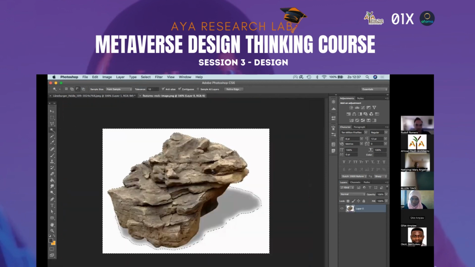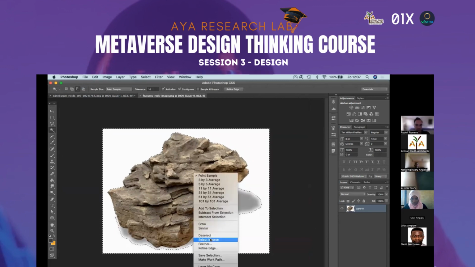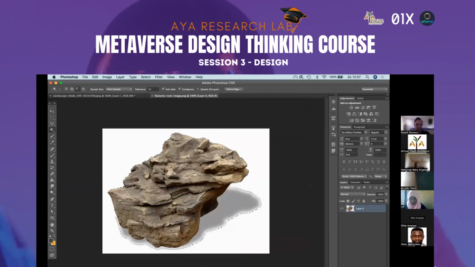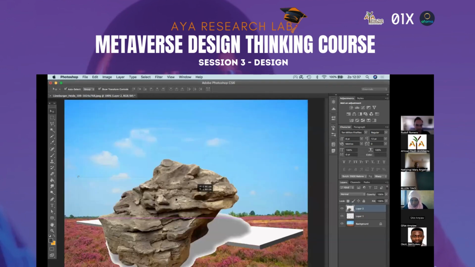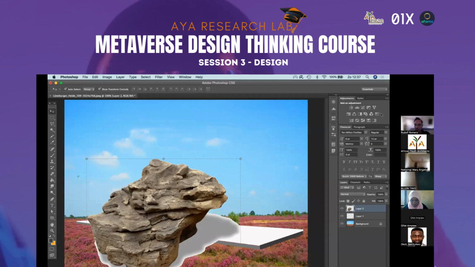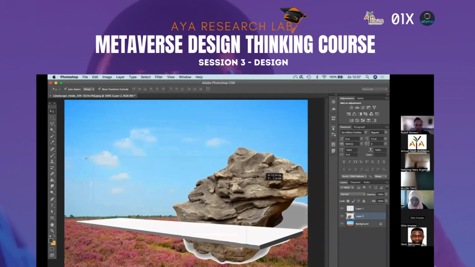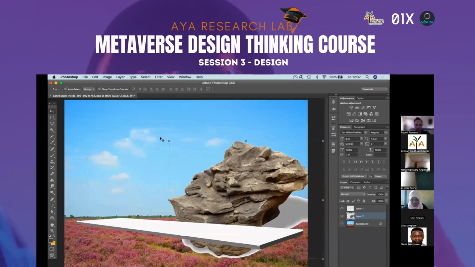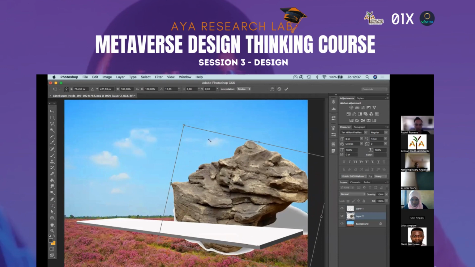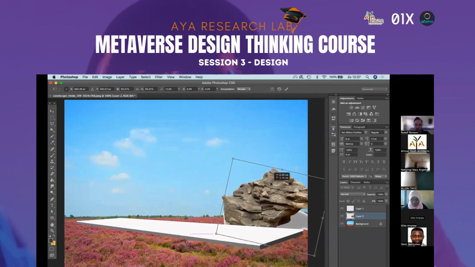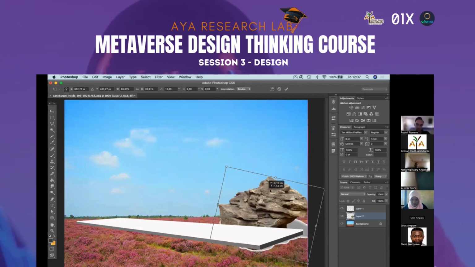And I just want to select inverse, and I put this rock in. And maybe this rock should be behind, and maybe it should be a little bit tilted and smaller, just to create some environment objects, you know.